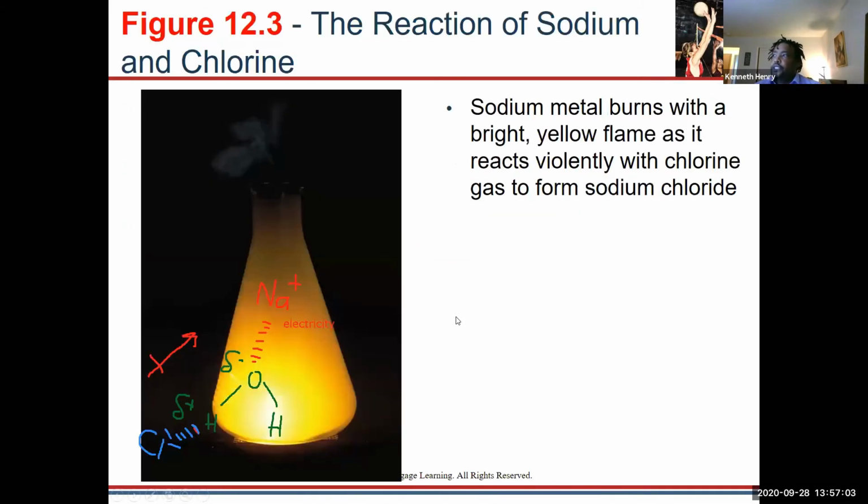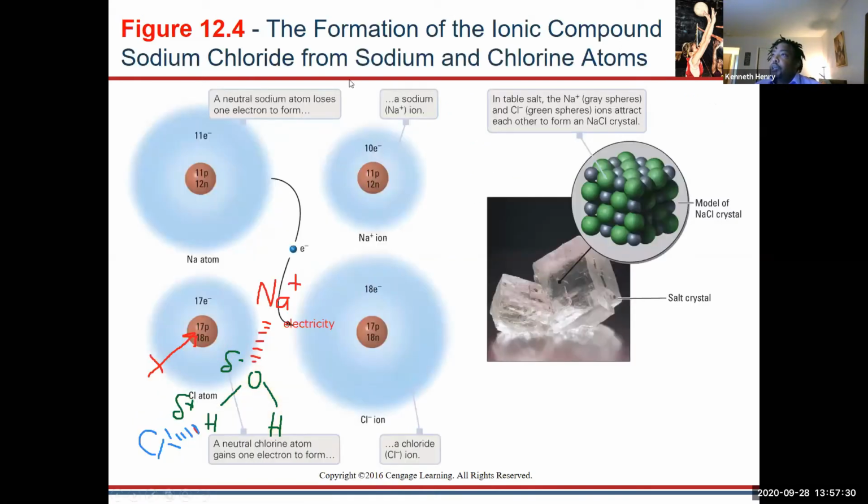So this is showing you sodium metal with chlorine gas. It forms this really huge, violent reaction because both of them are very anxious. Sodium is anxious to get rid of an electron, chlorine is anxious to gain an electron, right? And because of that, the reaction is going to be pretty violent, right? So this is just showing you that reaction